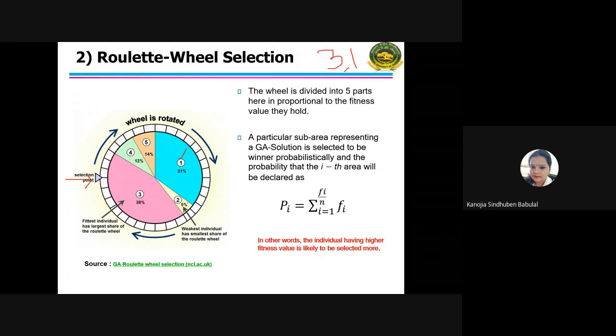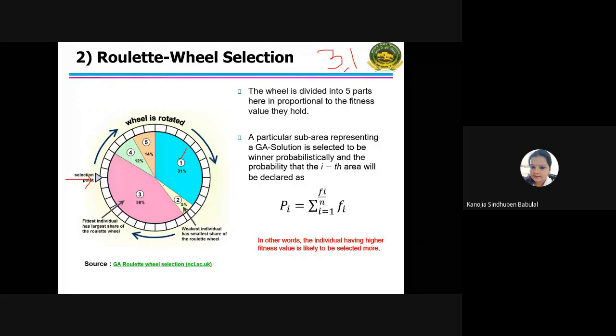I'm not saying they wouldn't be selected. They can also be selected and taken forward to the mating pool, but the chances of their selection have reduced because they occupy a very limited space on this